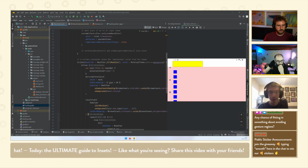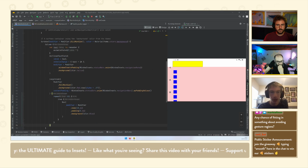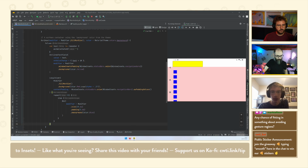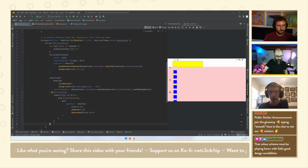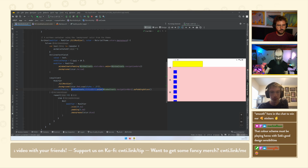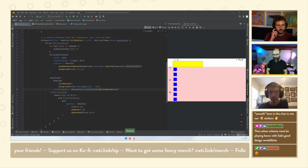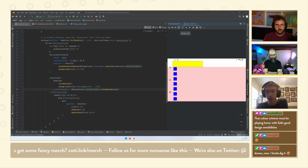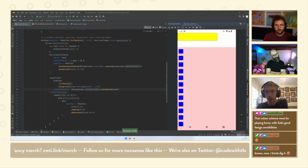All right. And then one thing we see now is the status bars are kind of being already applied to the outline text field. So we don't need the top status bars anymore for the lazy column. So we need to change this. So let's change that to just being the navigation bars. Okay. So that is now, if you scroll up, so I'm already at the blue, top, or oh yeah, let's go the other way. So that should now be working, and then the blue will be kind of hidden underneath the yellow, which makes sense,